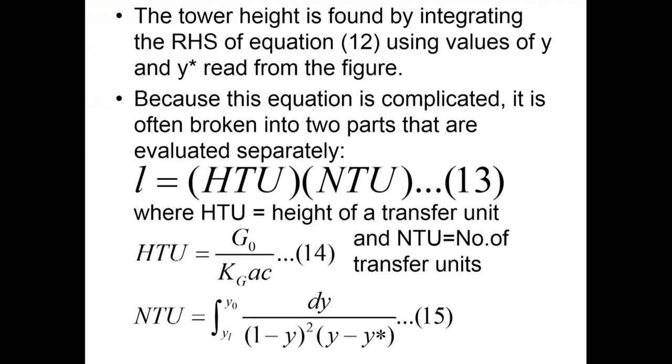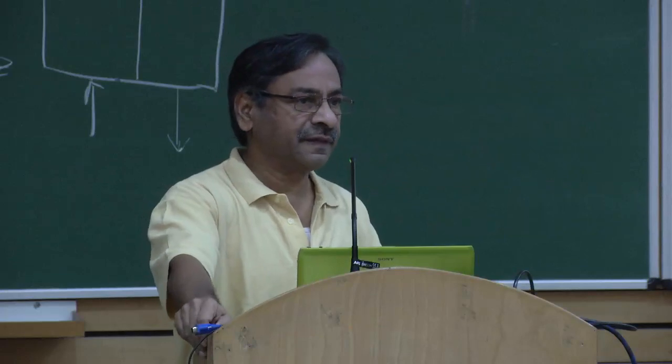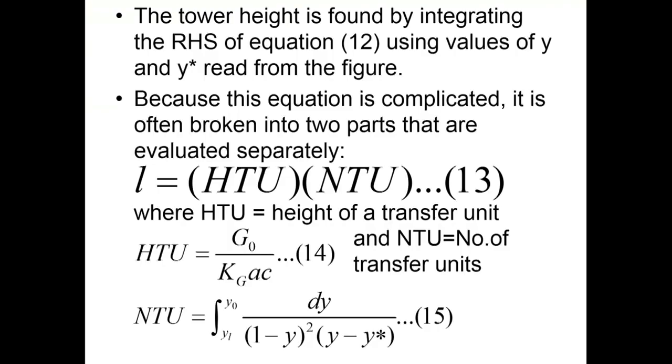If for the same equipment we took a system which is harder to separate, then that would mean NTU will be large and then height of tower will be large. So these are the notions which are in the minds of practicing chemical engineers. People, given the task of absorption, would first calculate HTU and NTU, very easy to calculate for any system, and then from there they will know what is the nature of the absorption system we are designing and what kind of efficiency we should aim at.